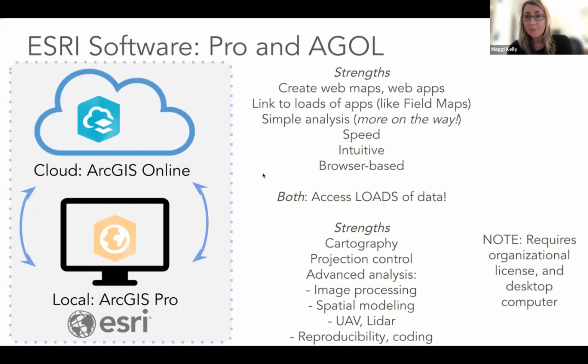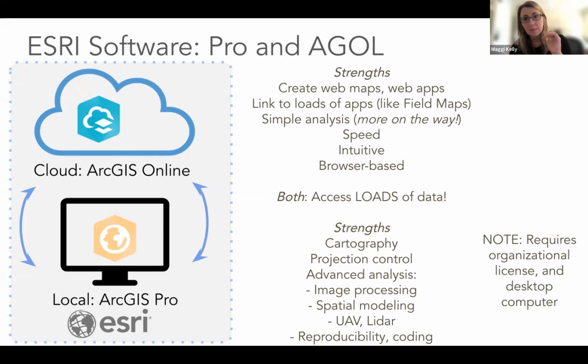And so to do this, we're all here today because we're thinking about working with Pro and Esri software. The flagship desktop software is ArcGIS Pro. That's what we're going to do today. It requires a license. Esri also has ArcGIS Online, which is the cloud-based software. And with an ArcGIS Pro license, you'll get access to ArcGIS Online. There are similarities between these two, and there are differences.